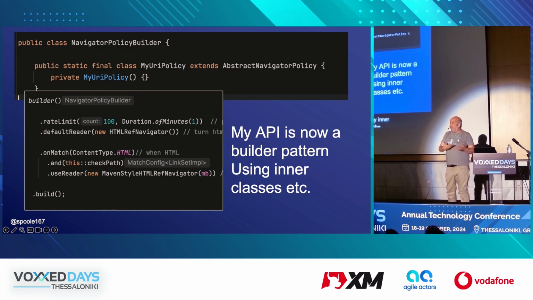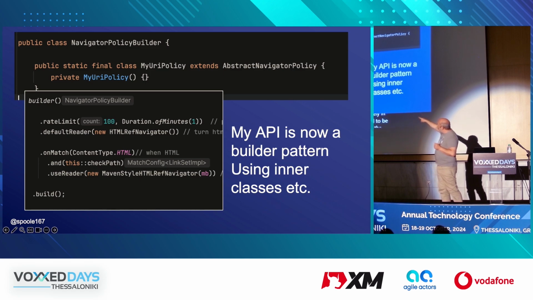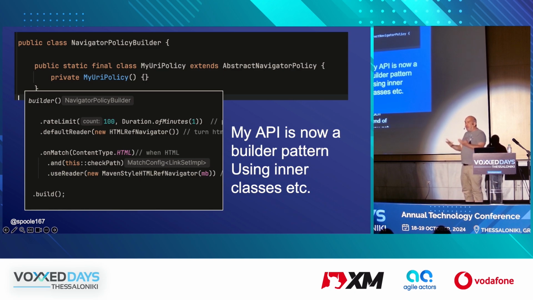Nobody can instantiate the abstract class, right? Because I prevented that happening. So I can keep my code in good structure. But with this thing, I've got private on this class, so nobody can instantiate it. I am absolutely in control of the class that I need to be in. And the way that I interact, the way that I ask the person to press the button is through builders. Builders are much more flexible and much more changeable. And at the end of the day, you press build and you get the object that you want. You're not asking people to use constructors and things like that. You're just like, tell me your policy.